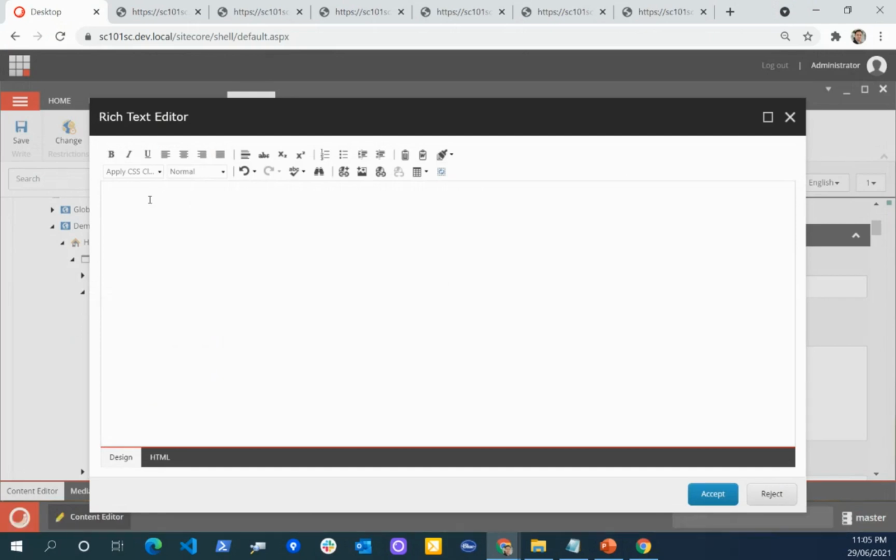When we add any content here, let's say this is my text content, from here you can see you can apply a few CSS, and then you can provide some headings and those sort of things.